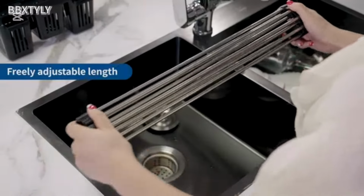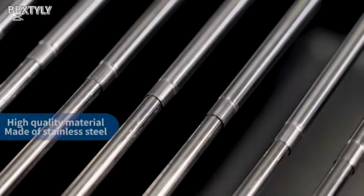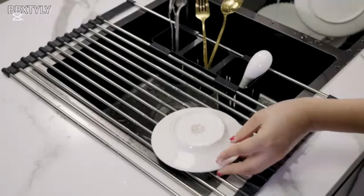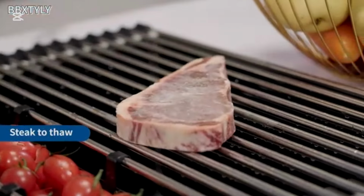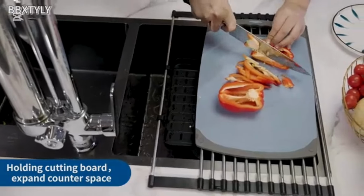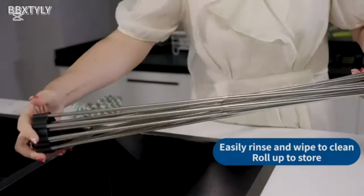This dish drying rack is the perfect space-saving solution for your kitchen. Designed for versatility, this durable stainless steel rack rolls up easily for storage and expands to fit over your sink, providing a sturdy surface for drying dishes, rinsing fruits and vegetables, or even cooling hot pots and pans. The non-slip silicone edges ensure stability, while the rust-resistant construction guarantees long-lasting use. Ideal for small kitchens, RVs, and apartments, this multi-purpose drying rack keeps your countertop clutter-free and maximizes efficiency in your